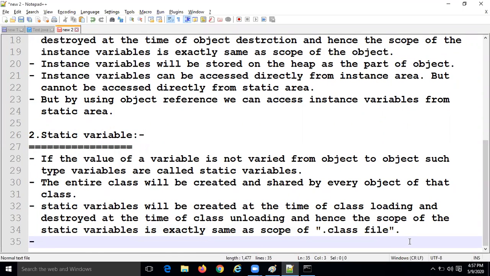Next one: the static variable can be accessed either by class name or by object name, and without class and object also you can access it. The instance variable can be accessed directly from the instance area, but not the static area. But the static variable you can access anywhere, either instance or static.